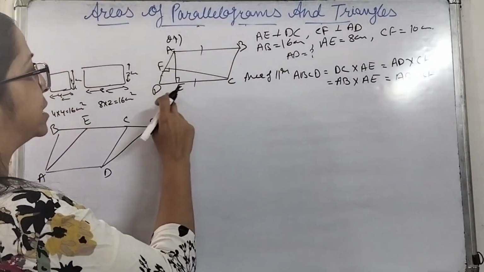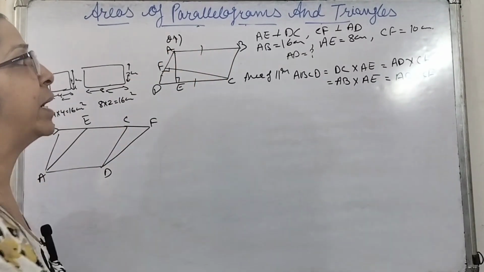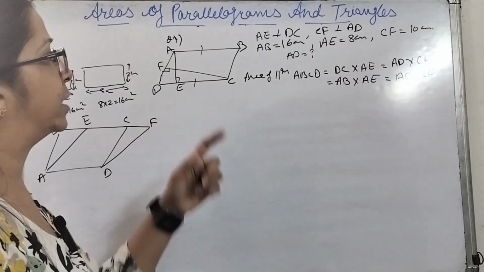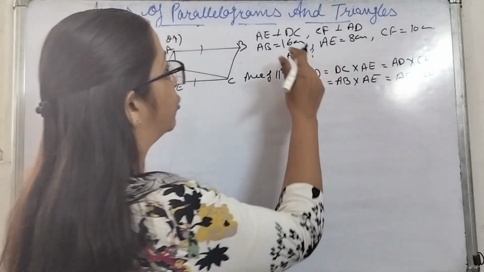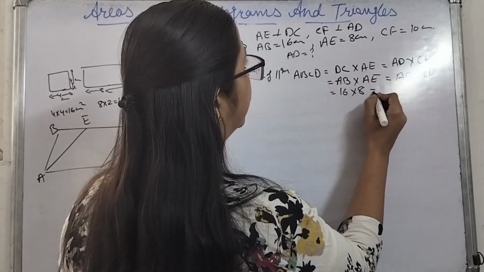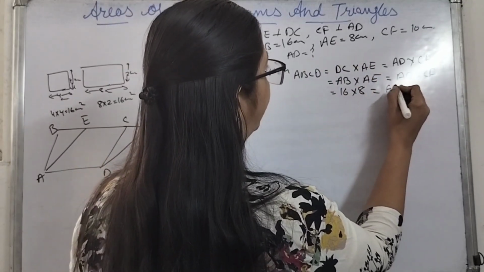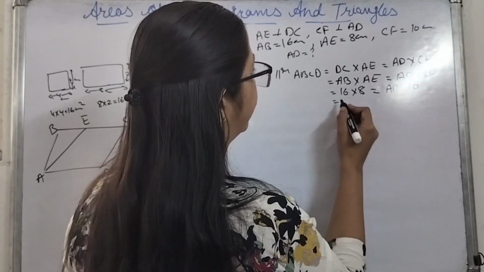See, AB and CD are the opposite sides of a parallelogram, and we know that in a parallelogram opposite sides are equal. So AB could be written as 16. AE is 8, AD we have to find, so we will keep it as it is, and CF is 10. If we solve it further,